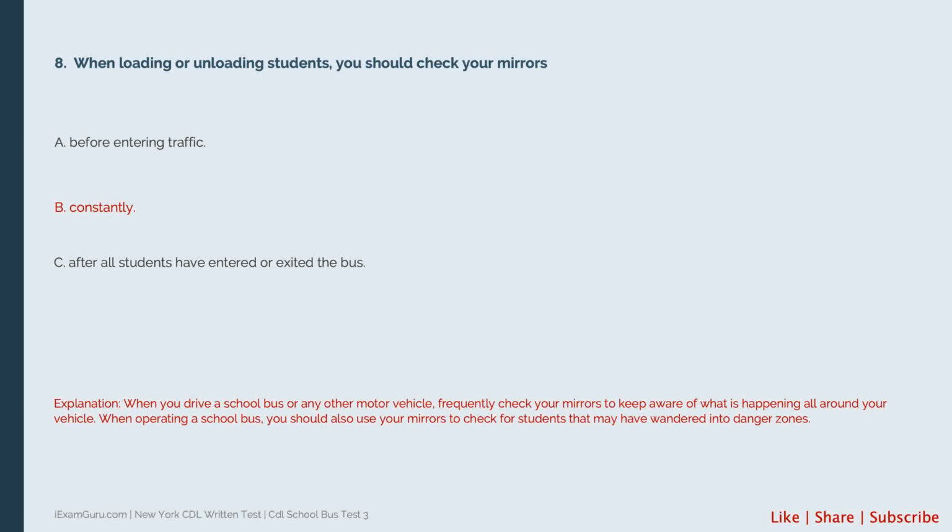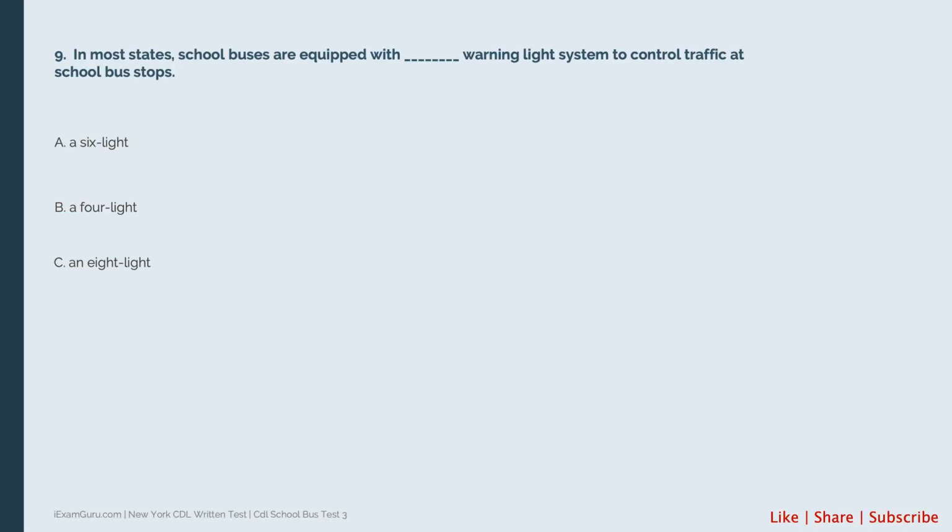to keep aware of what is happening all around your vehicle. When operating a school bus, you should also use your mirrors to check for students that may have wandered into danger zones. Question: in most states, school buses are equipped with warning light system to control traffic at school bus